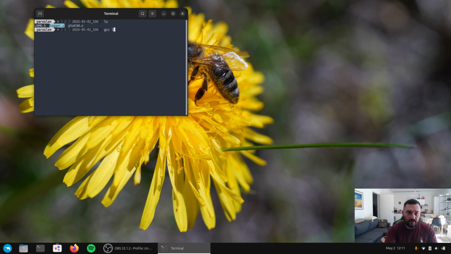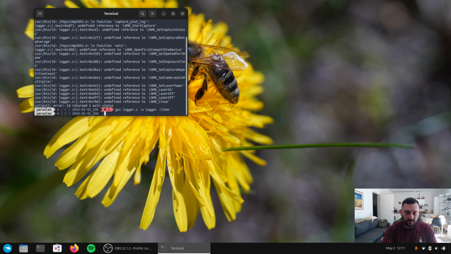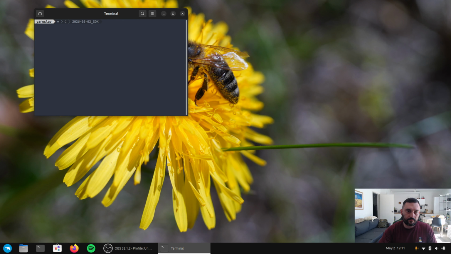We use GCC for that: gcc logger.c -o logger. Actually, we need to specify our library because we're using the SDK, of course. And this is important. Then we launch ./logger,